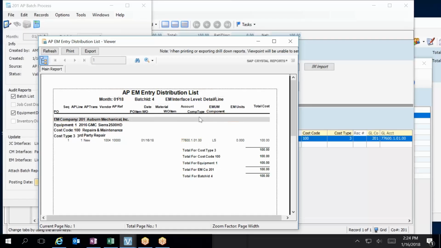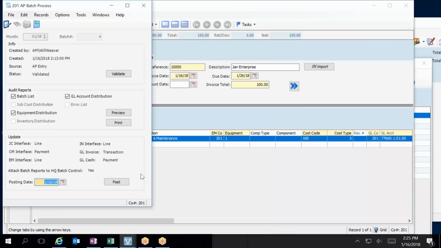So like I said, it's going to go from Enterprise to AP, and AP is going to send it to both equipment, so you can get a good audit trail by equipment, and then general ledger, which is going to map it to all the appropriate GL accounts. Okay. So cancel and post. So basically, this is going to take care of this Enterprise cost,